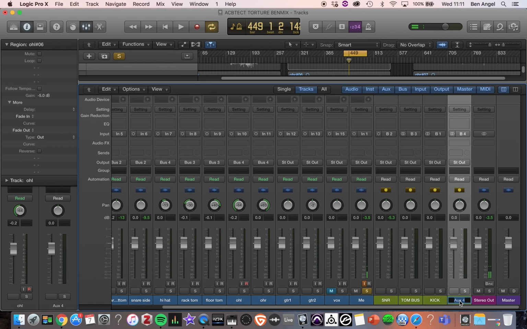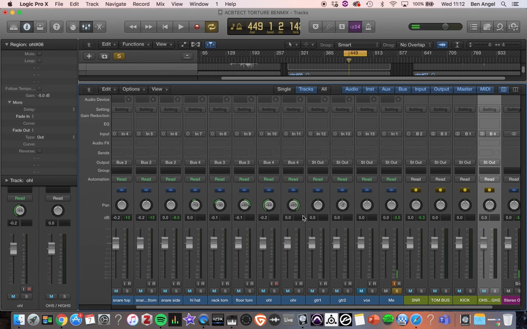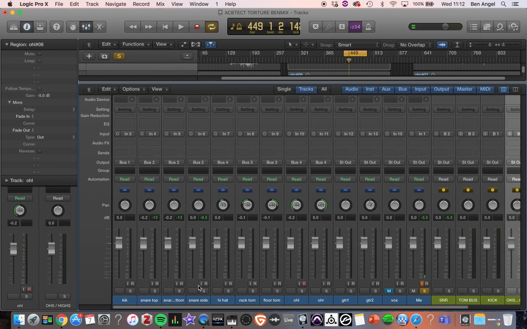I'm annoyed. Normally I would have my kick before the snare, but I've forgotten what to do to grab it because I'm working on Pro Tools and Ableton and Logic, and I'm getting a little bit confused by things, but we will get there. So we've got our kick bus, tom bus, snare bus, and then we've got our overheads and our highs bus. You might want to have a separate highs bus to a separate overhead bus. Sometimes I like to put 2 mics on a hi-hat, but just for the purposes of this demonstration, we'll send them all there. So if we mute everything else,